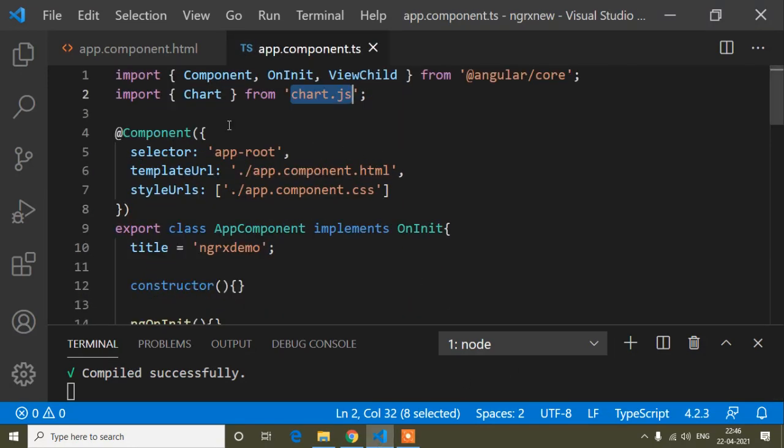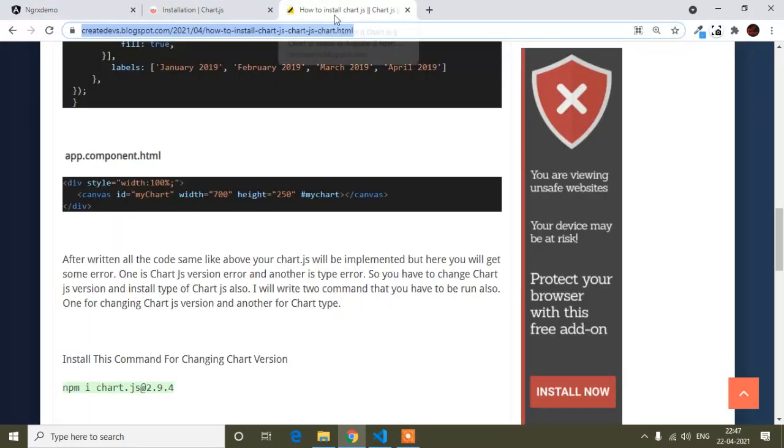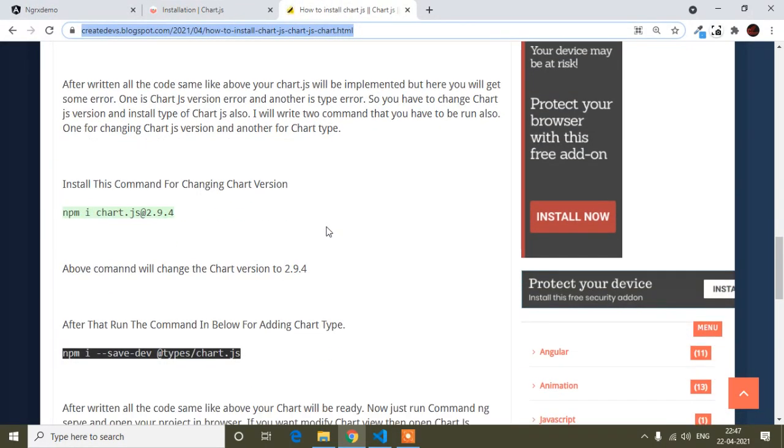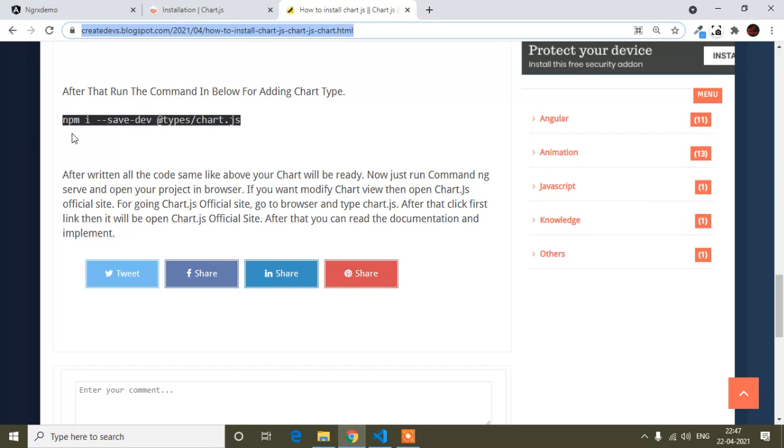But guys, if you get any kind of type error, I mean if you get an error here at the import line, at that time you have to install chart types. So again I will go to this website, and here you can see the command for installing chart types: npm i --save-dev @types/chart.js.